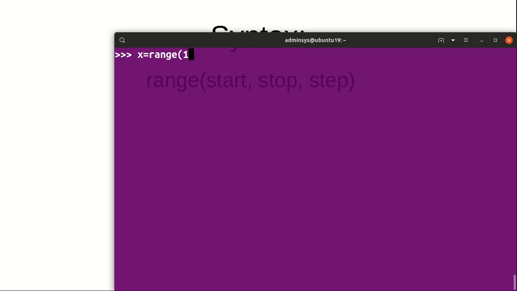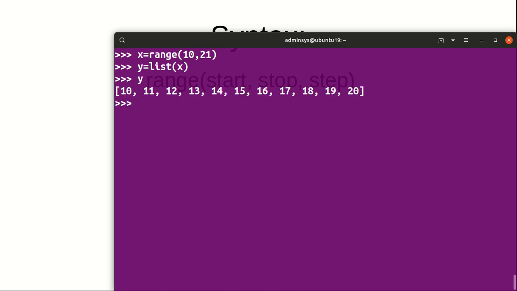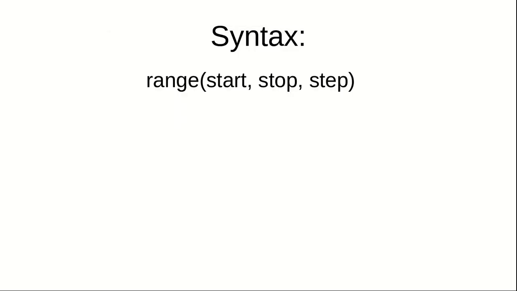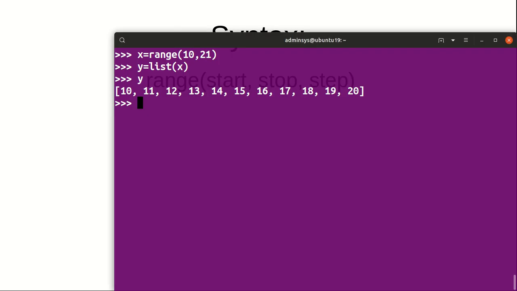Let's say x of range starting from 10 and it needs to stop before 21. So it does not include 21. So now if I convert this to list of x, now if I check the value of y, it returns the values starting from 10 to 20. So that is nothing but the start value is 10 and the stop value is 21. So here still the step value is 1, that is each value is incremented by 1.